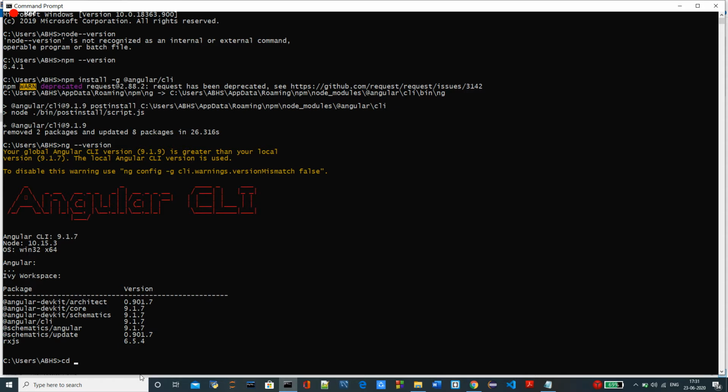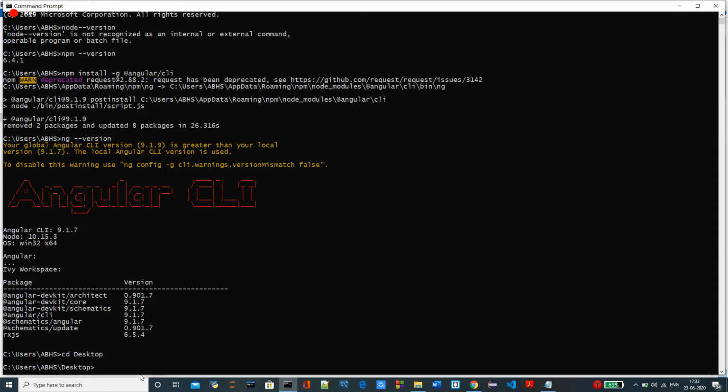So first of all, I'll change the directory to desktop. I just want to create my project of Angular onto desktop. Now I'll create the project. So there is a command for creating a project of Angular, that is ng new. So ng new is the command followed by the project name.